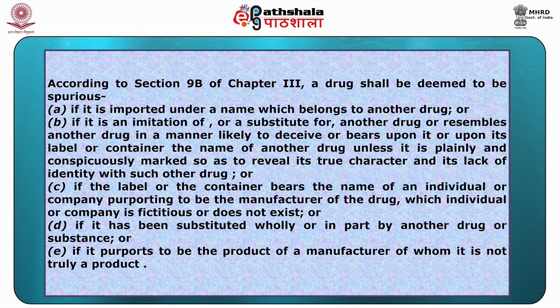According to section 9B of chapter 3, a drug shall be deemed to be spurious if it is imported under a name which belongs to another drug, or if it is an imitation of or a substitute for another drug or resembles another drug in a manner likely to deceive, or bears upon it or upon its label or container the name of another drug unless it is plainly and conspicuously marked so as to reveal its true character and its lack of identity with such other